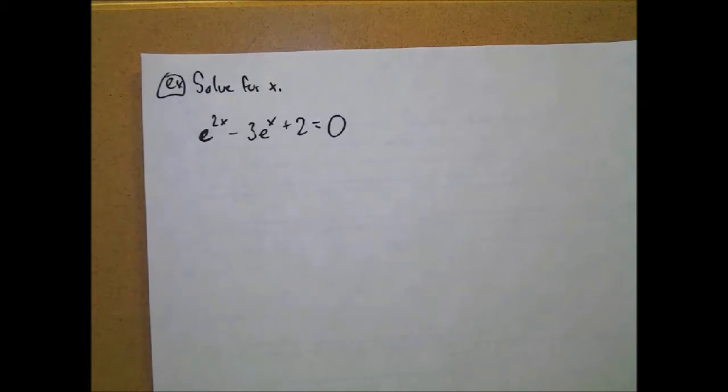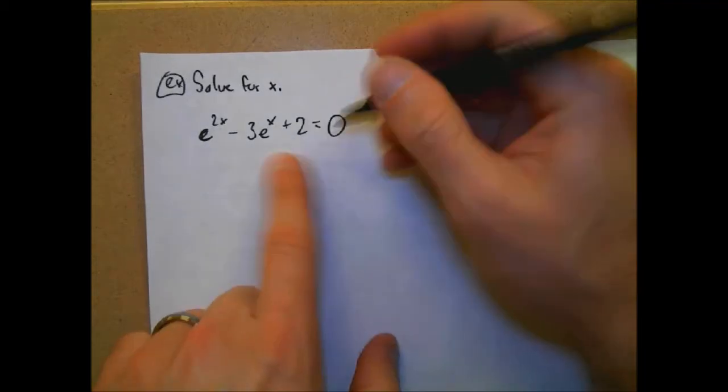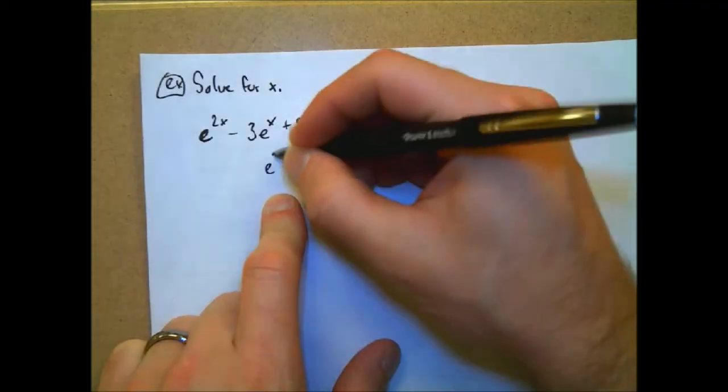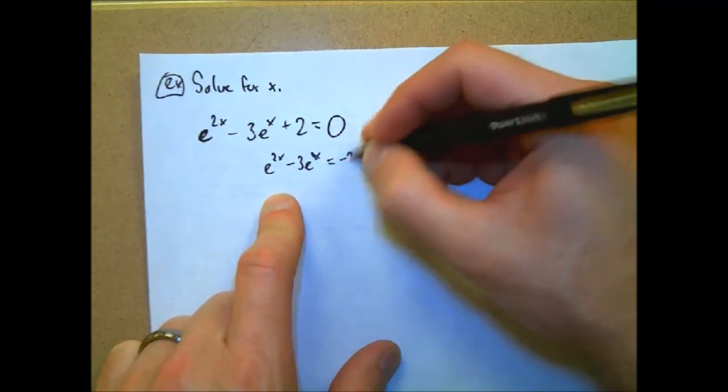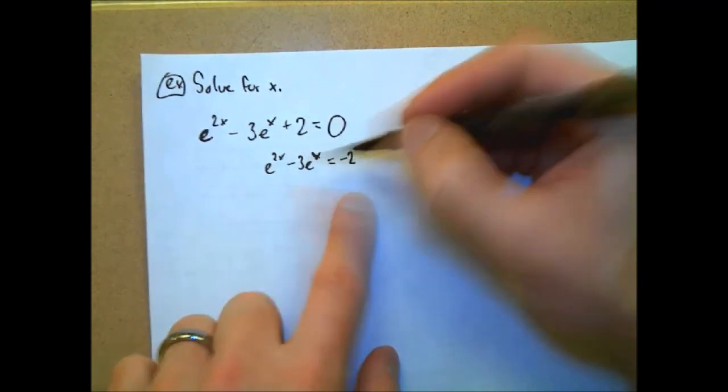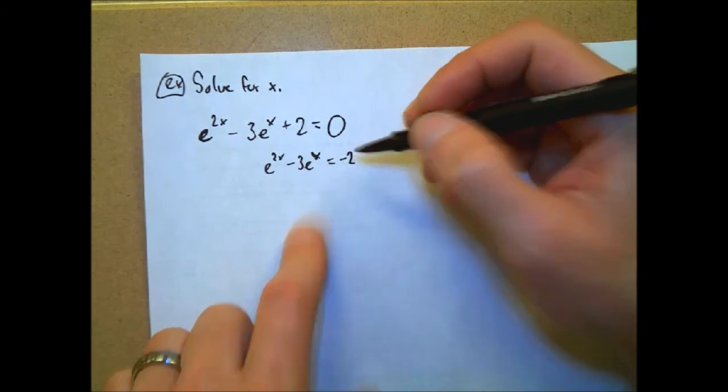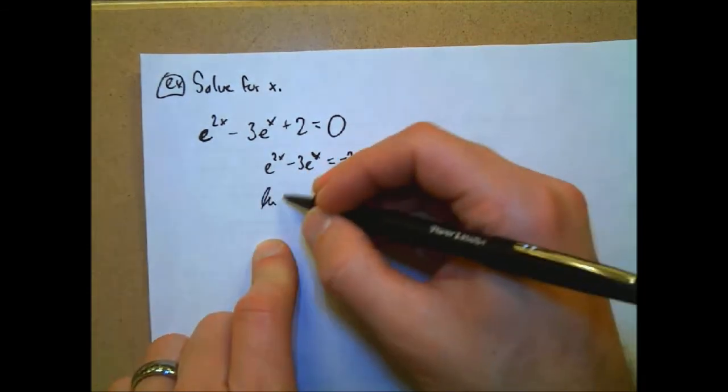The problem is one of them is e to the 2x, one of them is just e to the x, so they're not exactly the same. So we can't really combine anything here. If we were trying to solve this, we could subtract 2 on both sides, and at this point maybe if I take a natural log of both sides,